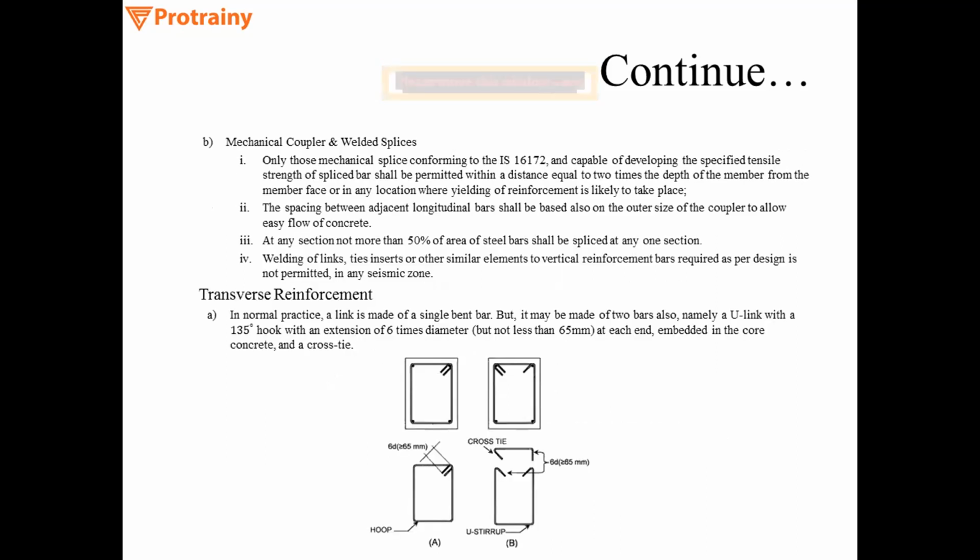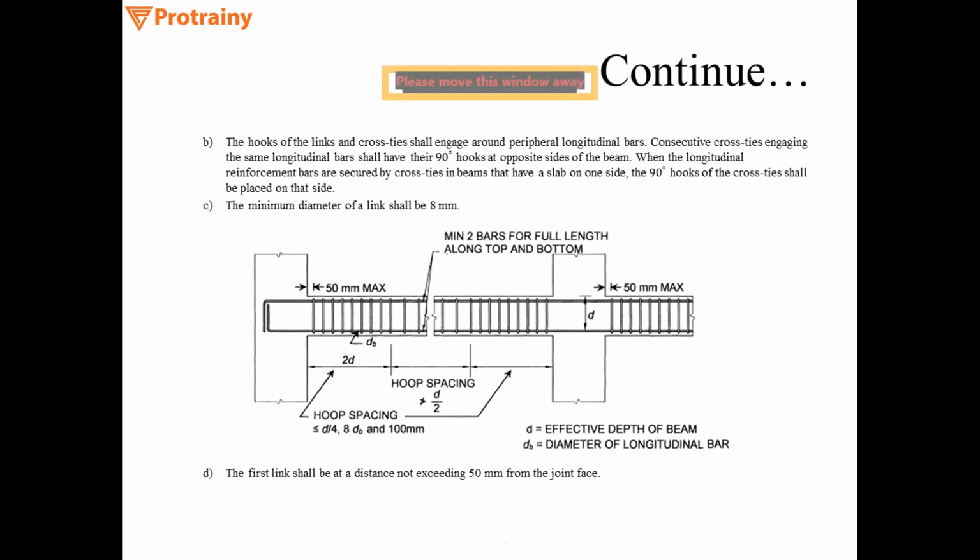Here the 90-degree hook is being provided. When the longitudinal reinforcement is secured with cross ties in a beam that has a slab on one side, the 90-degree hook of the cross ties shall be placed on that side. If there is a slab at that side, then the 90-degree hook of that cross tie should be placed over the slab, so that a bar can be